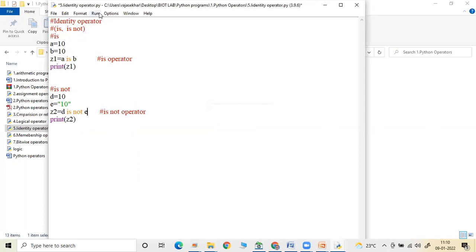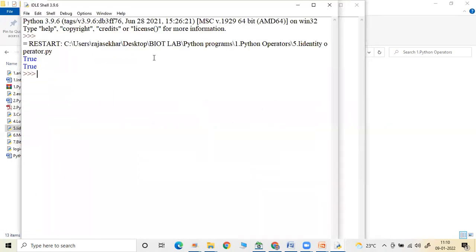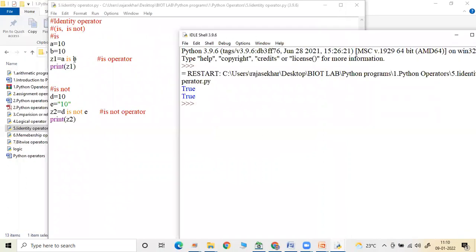Now run module. Now see the output. So A is B and D is not E. That means, see here, this is under quotations, which I told you means it is a string. That's the reason both are not the same. This is all about identity operators.